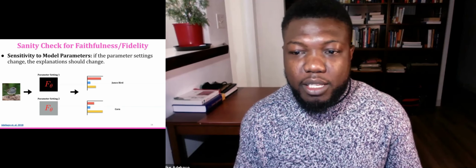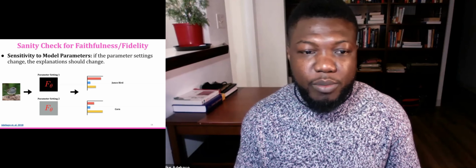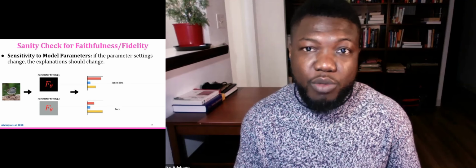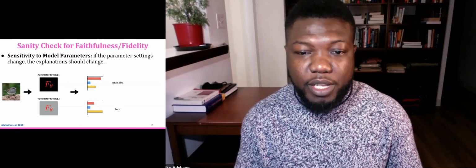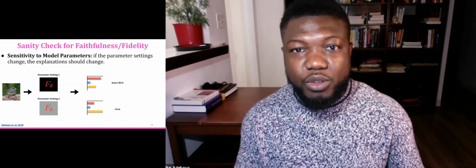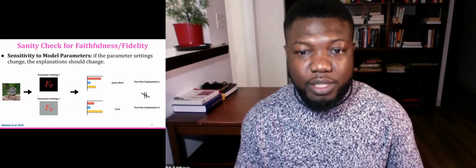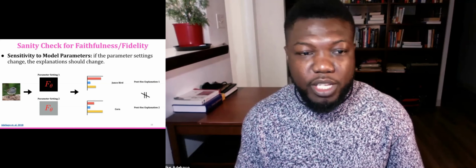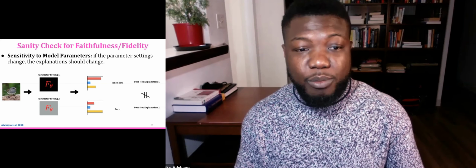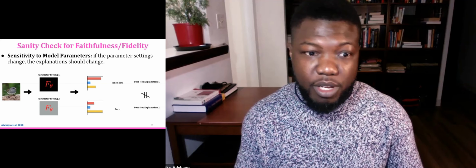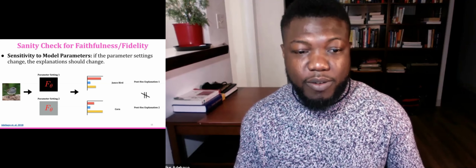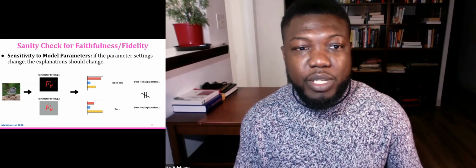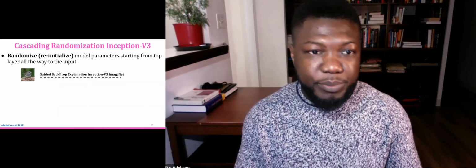So think of the final layer as being reinitialized in this case. If we then feed this input into these two different models, we expect the prediction from parameter set 1, which is the normally trained model, to be accurate as expected, and from parameter set 2 to be wrong because we've reinitialized the weights at the top layer. Now the sanity check here is that we expect the post hoc explanation of this model for parameter set 1 to be different than parameter set 2, if an explanation method really is sensitive to the model parameters.